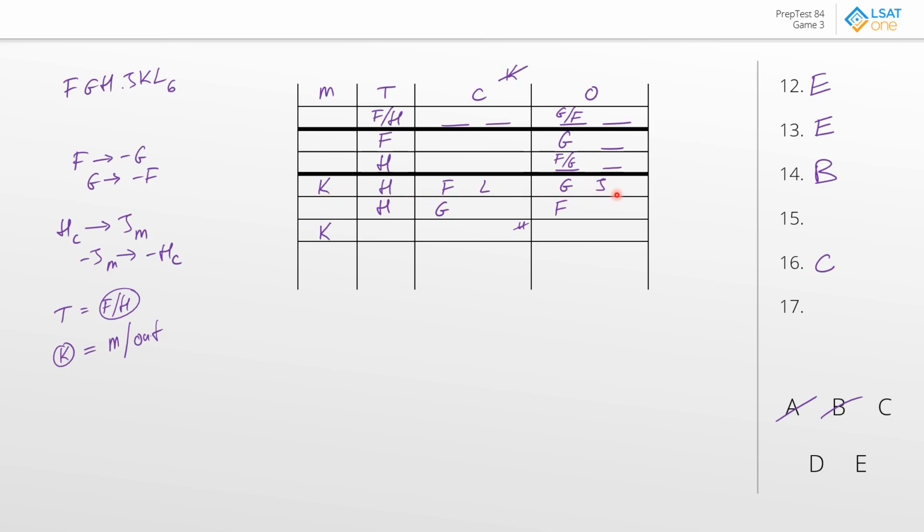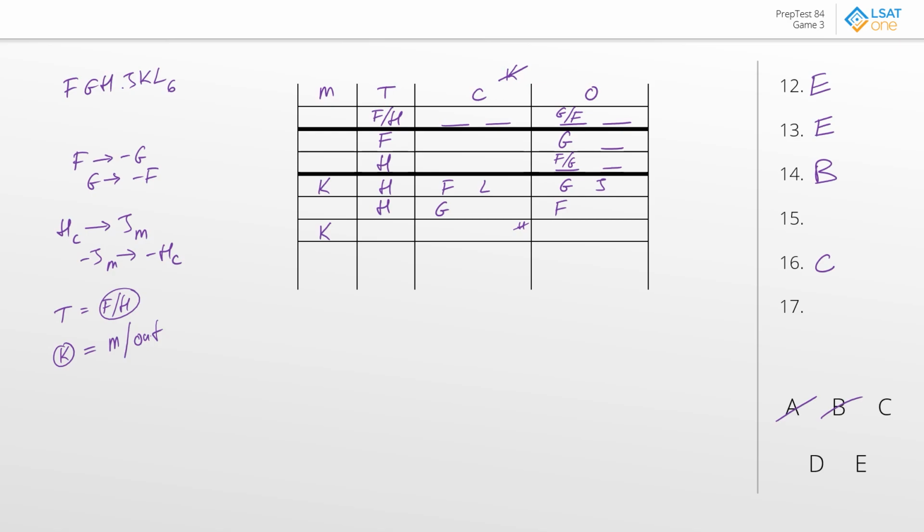Now, just to be clear, in this scenario, you'll notice that J happens to be out and the game is locked. But you want to be cautious here. That doesn't mean that J being out would have actually locked the game. It could have been locked for some other reason, right? Because we had other restrictions that we put into play in that scenario. The fact that this scenario is resolved does not have to be because J was out. It could just be incidental that J was out. So we still have to keep an open mind regarding the rest of the answer choices.